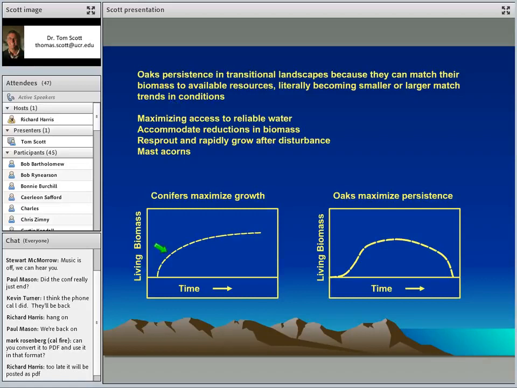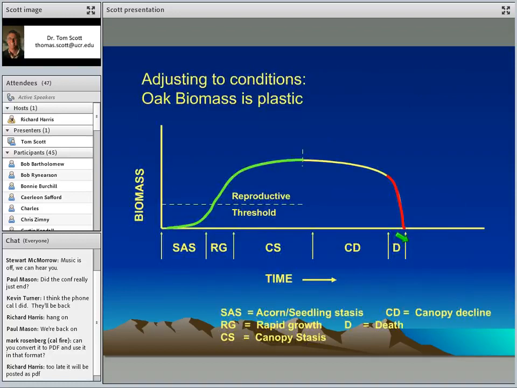Now, those two curves I've presented in front of you, I think are really important in the sense that if we're not worried about being in a transitional environment and we have resources that are not necessarily guaranteed but maybe predictable in the landscape, you can get logarithmic growth, and that produces a certain kind of tree in the forest that we have at higher elevations in California. With oaks, we're going to see that the amount of biomass that a tree locks up changes over time, and it's this part of the graph that becomes important.